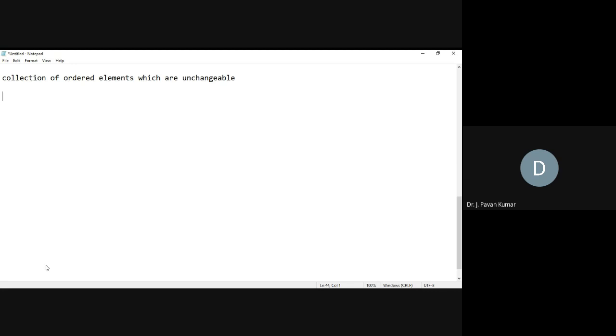Then what is the amount? Then total, that means balance. These four fields will be there. Try to understand. Whenever we withdraw money from the ATM, then one row will be added to the bank account statement. What does that contain? The date of the transaction. Next, what kind of transaction.